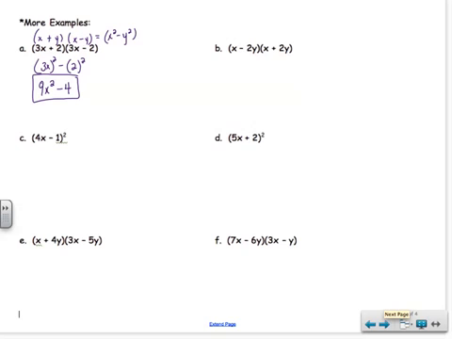Again, you could FOIL that and probably do it just about as quickly, but it's better that you start getting used to the process. So if we look at this next one, again, it's a similar sum and difference. So I'm going to do first term squared minus my second term squared. So I get x squared minus 4y squared. Now, letter C is the square of the binomial. So if you remember, we're going to take the first term and square it, and the last term and square it, and then we're going to do